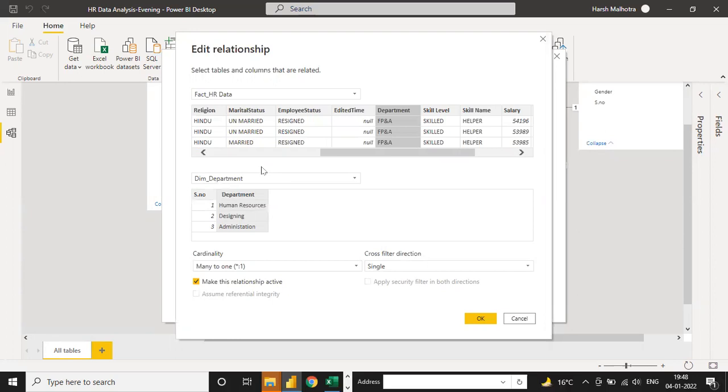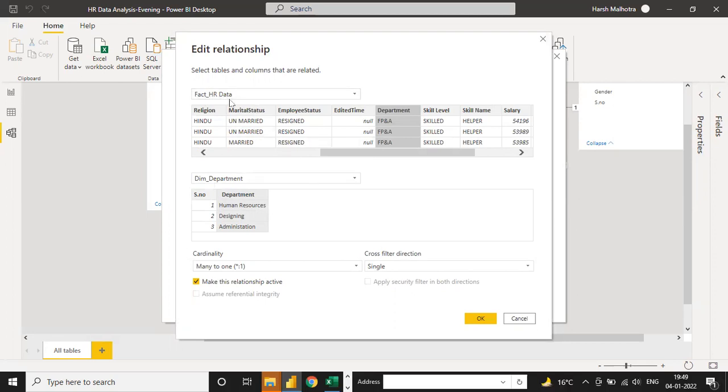Suppose in your project you are making the report on the basis of production department, then you can select production department to department. If you want service department, you can select service department. And if you make the project on both departments, production and service, then you can select both. But if you connect from two columns in a fact table to one department column, then one relationship is active and the second one is not active. What is active and not active?